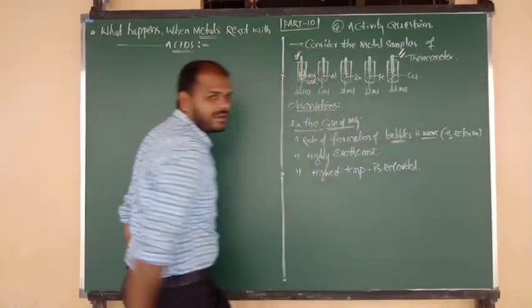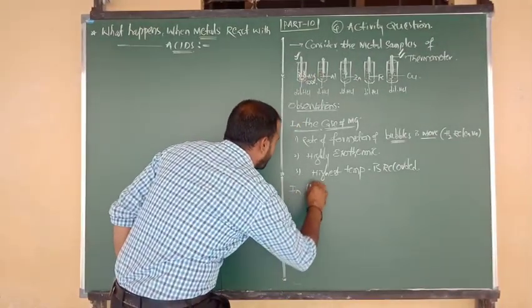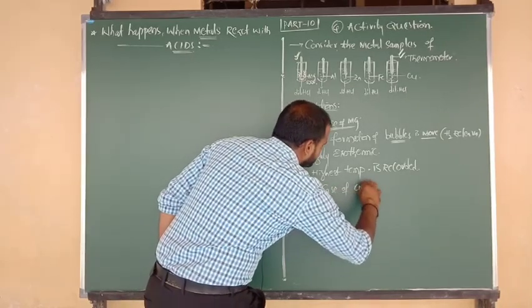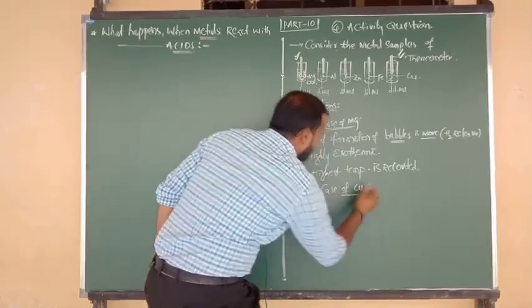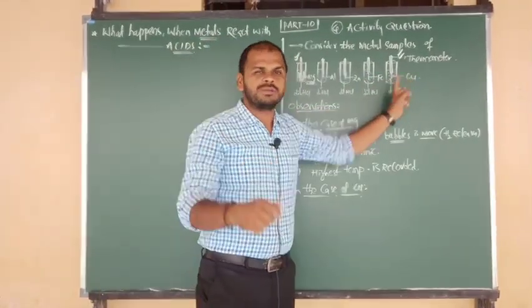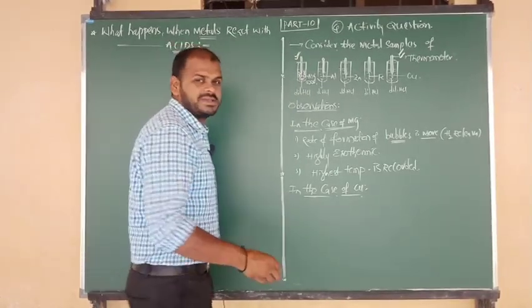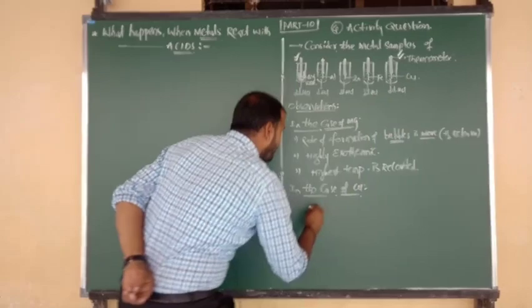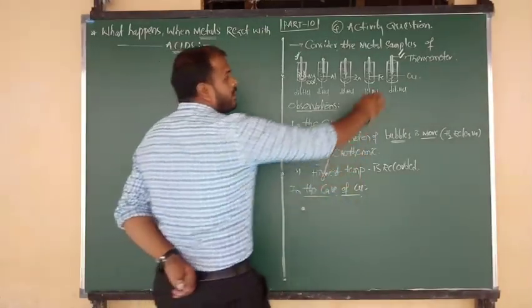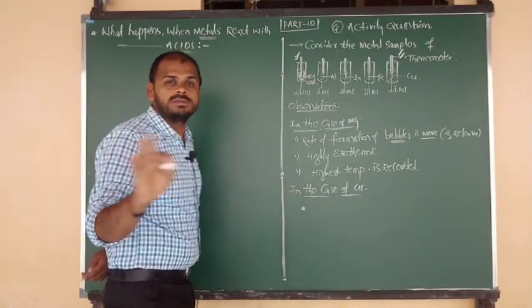Let us think about the last one. In the case of what, beta? Copper. Yes, I am going to write it here. In the case of copper, that means when a metal sample of copper undergoes reaction with dilute hydrochloric acid, what will happen? Listen carefully. Before that I want to say one thing. Copper metal in dilute hydrochloric acid: in that experiment there are no bubbles of H2 gas.